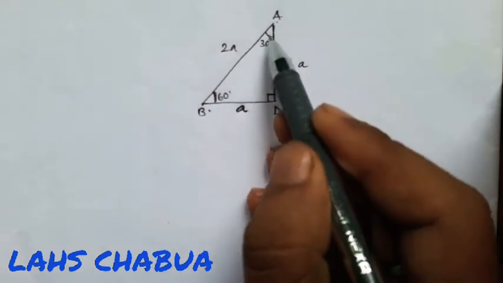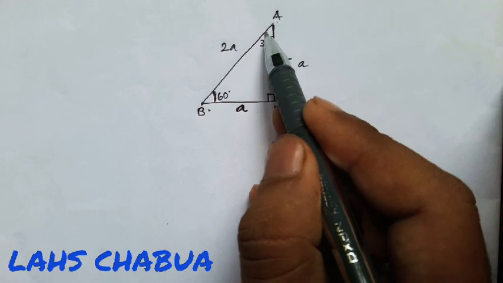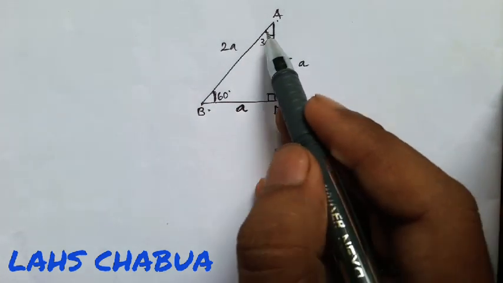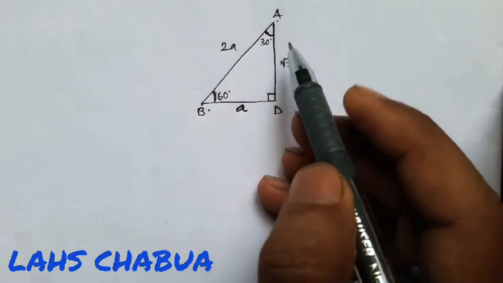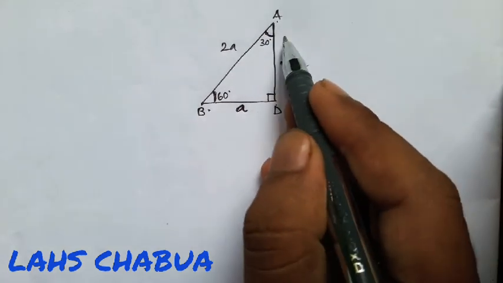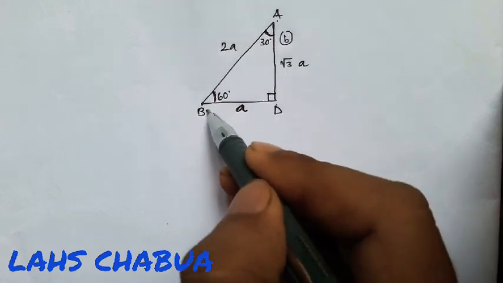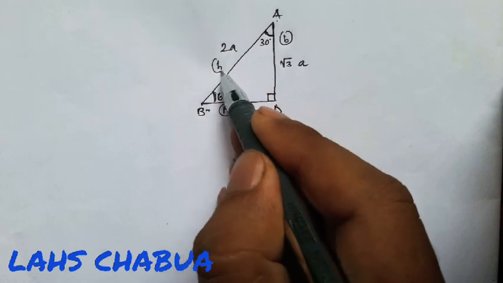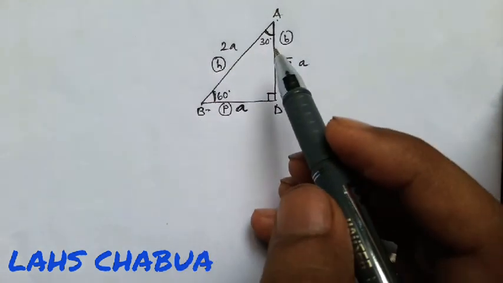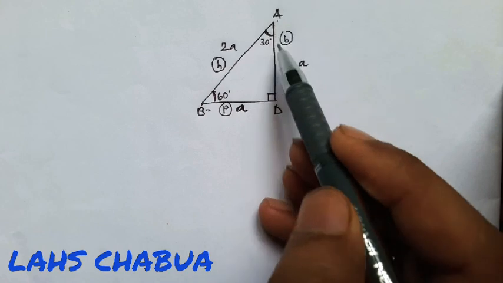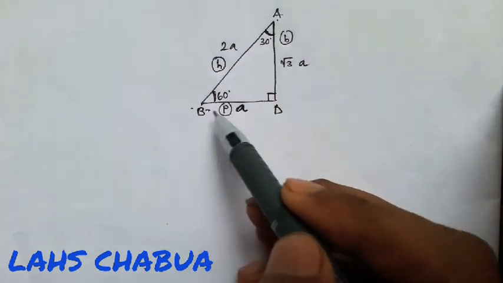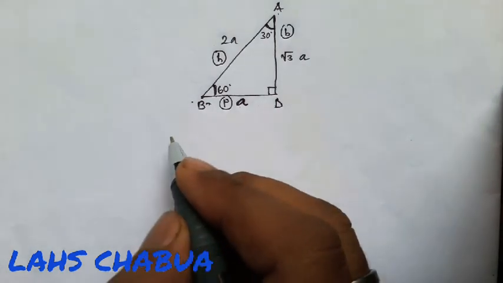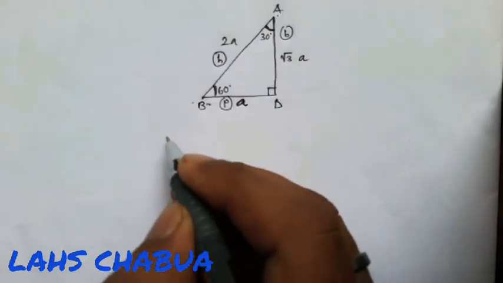But this time for 30 degree, where is 30 degree in this figure? You can see 30 degree is here at point A. So based on this angle, we'll have to select base and perpendicular. Since the angle is here, the side adjacent to it, this AD, will become base and BD will become perpendicular, and as you know, hypotenuse remains unchanged. So remember, 30 degree is here, that is why we are taking AD as base and BD as perpendicular. Now see what will be the value of all the trigonometric ratios of 30 degree.